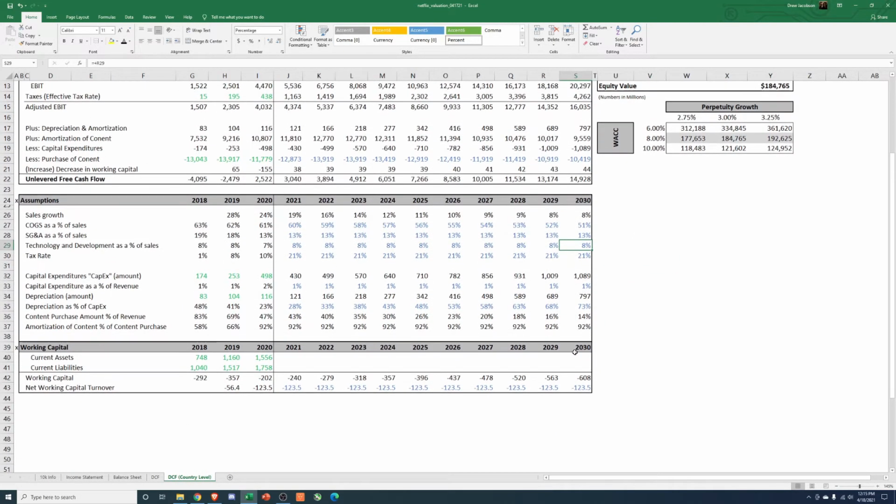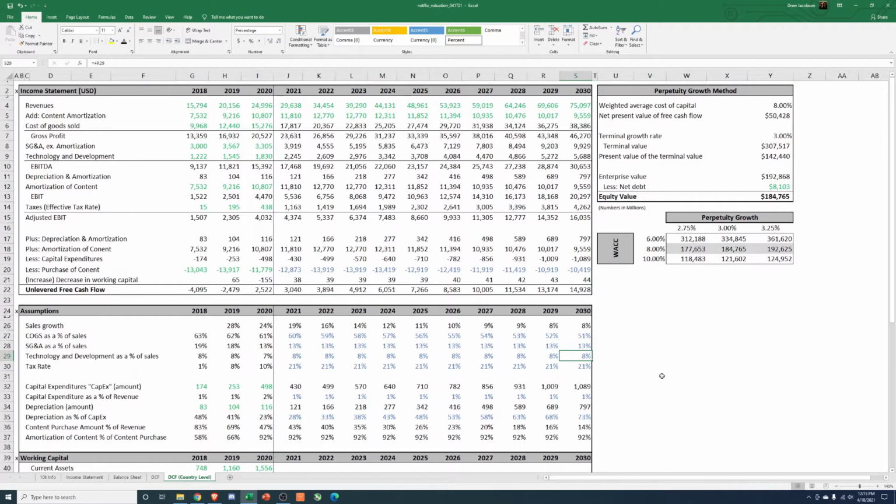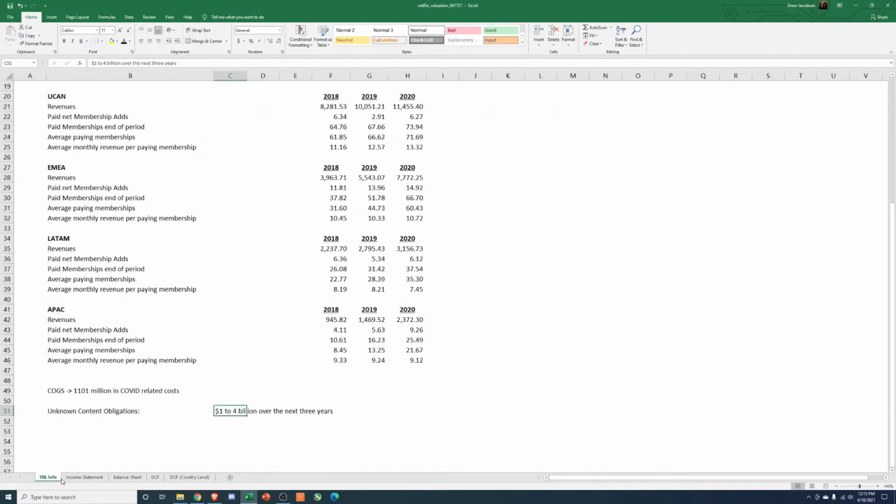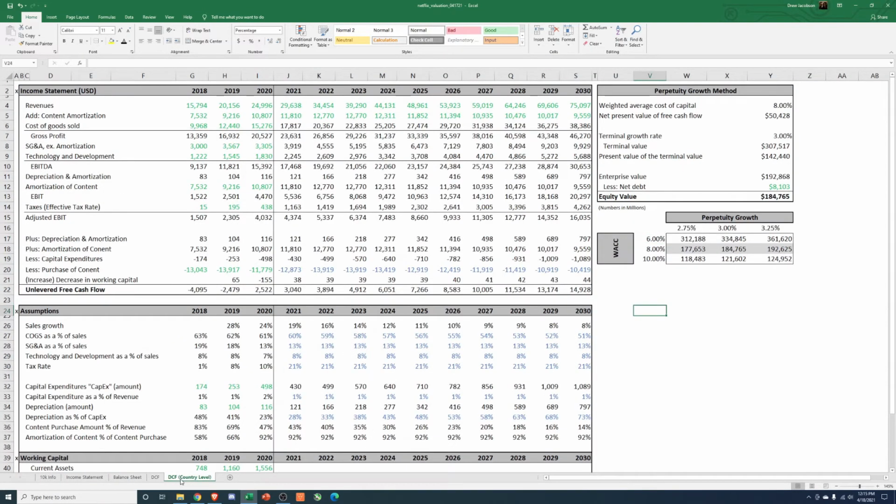So yeah, there's a lot of things you could play with in this model and this valuation. Definitely download it, take a look through it, make some adjustments to your assumptions, but I hope this helped you understand how I go about pulling together a valuation. And to be honest, for my personal investing, I stick to industries that I'm pretty familiar with, where I know a lot more of what's going to drive the top line.